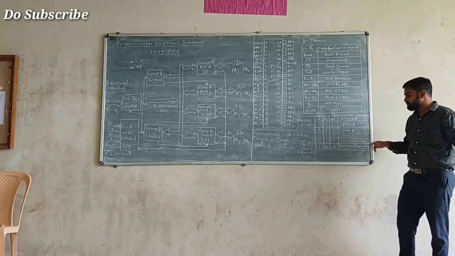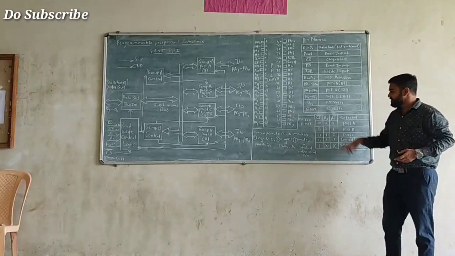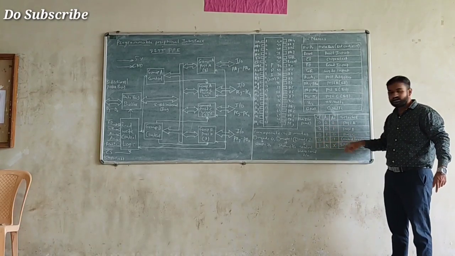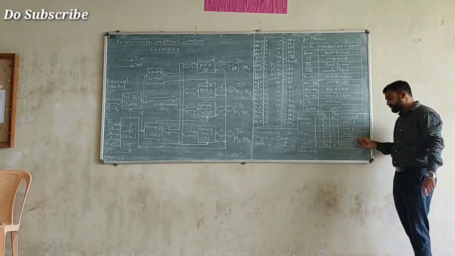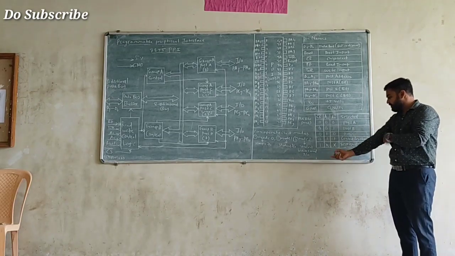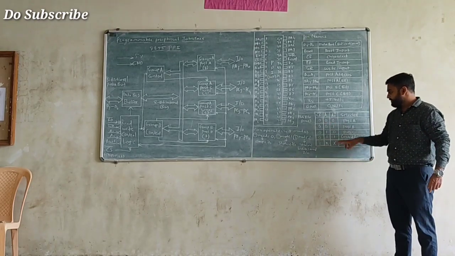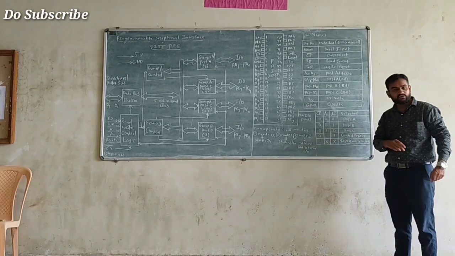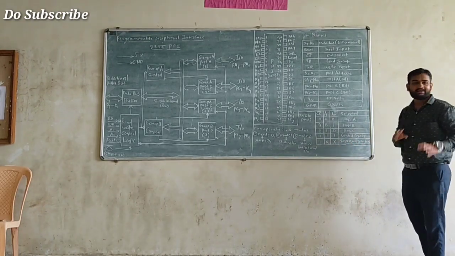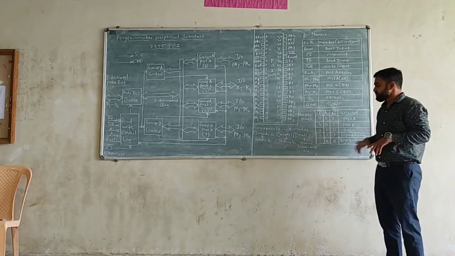Some situations arise where we have to select the control register. At that time, the chip select signal is 0 and both A1 and A0 are at 1. At that time, we select the control register for controlling purposes, for programming. Then we have a don't care condition where chip select is at 1 and both A1 and A0 are don't care. At that time, 8255 is not selected, and we never work with the 8255 PPI.